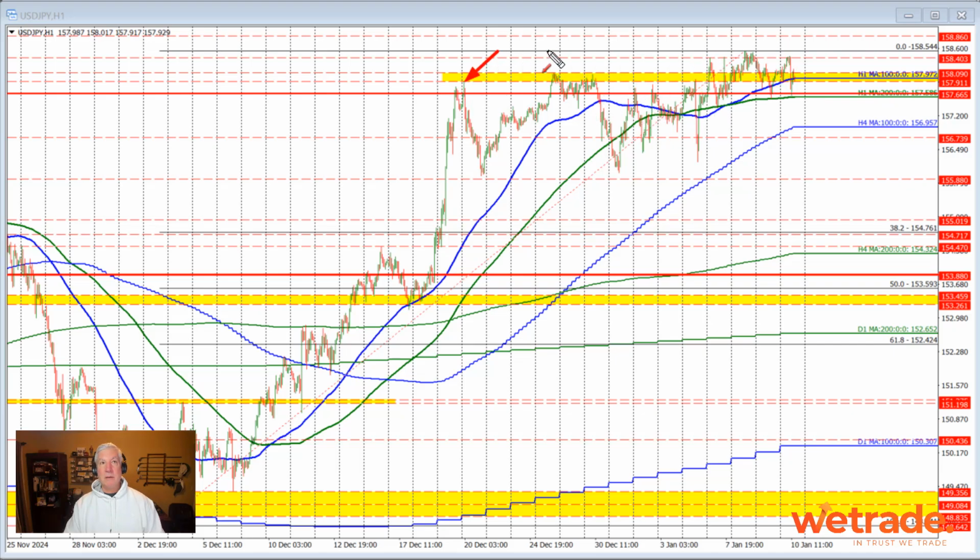We did have this ceiling area right through here, where if we have broken, it should lead to further upside, and we broke above it here, and moved above it here, and here. So all this week we've moved above this level, but we've also traded below it. What is consistent on the downside moves is the moving averages have done a pretty decent job,